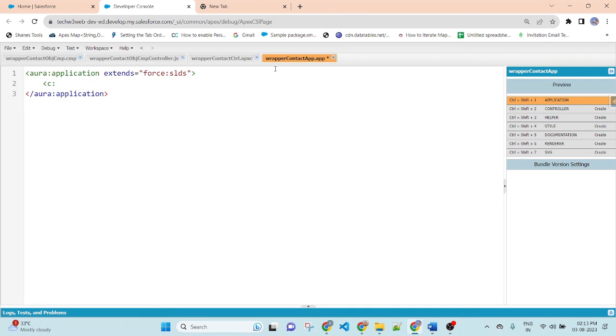My component name is wrapperContactObjCmp. This is the name of my component. Save. Then preview the app.